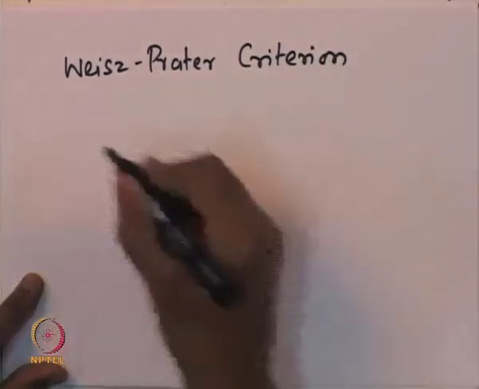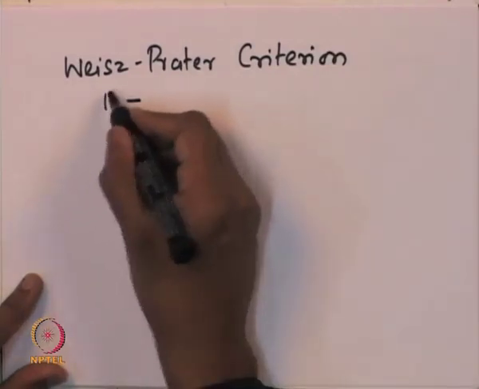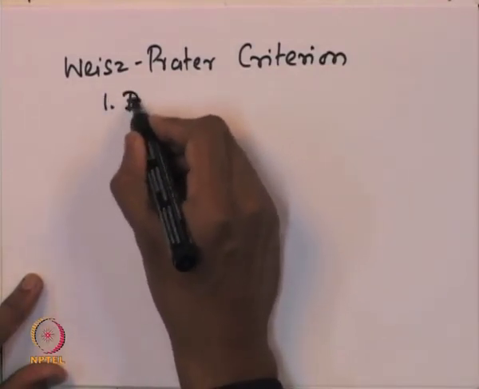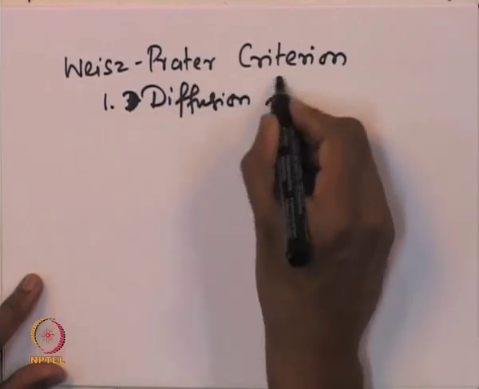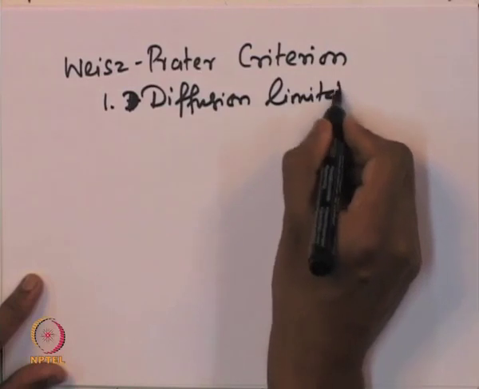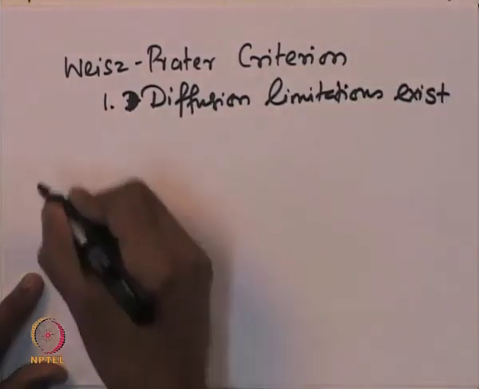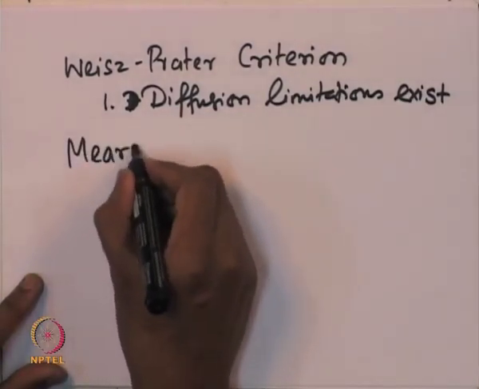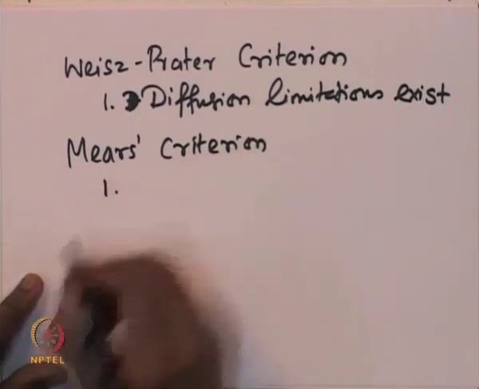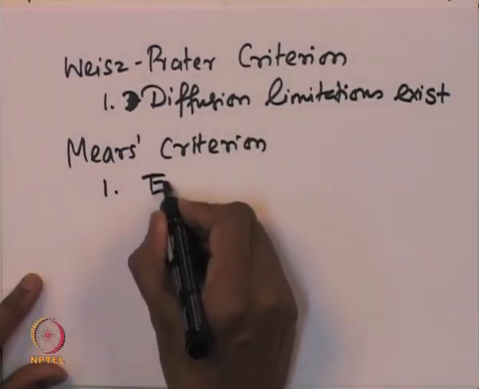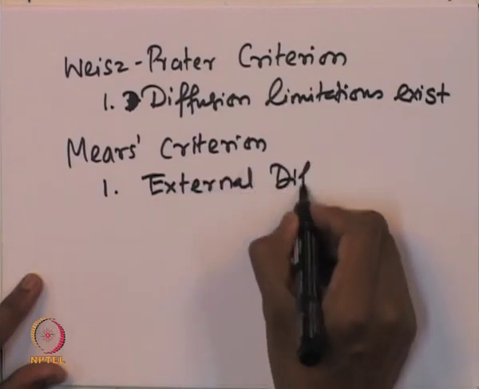The Weisz-Prater criterion is basically to decipher if the diffusional limitations exist, and then we looked at the Mears criterion. So, the first criterion is basically to see if the external diffusional limitations exist,